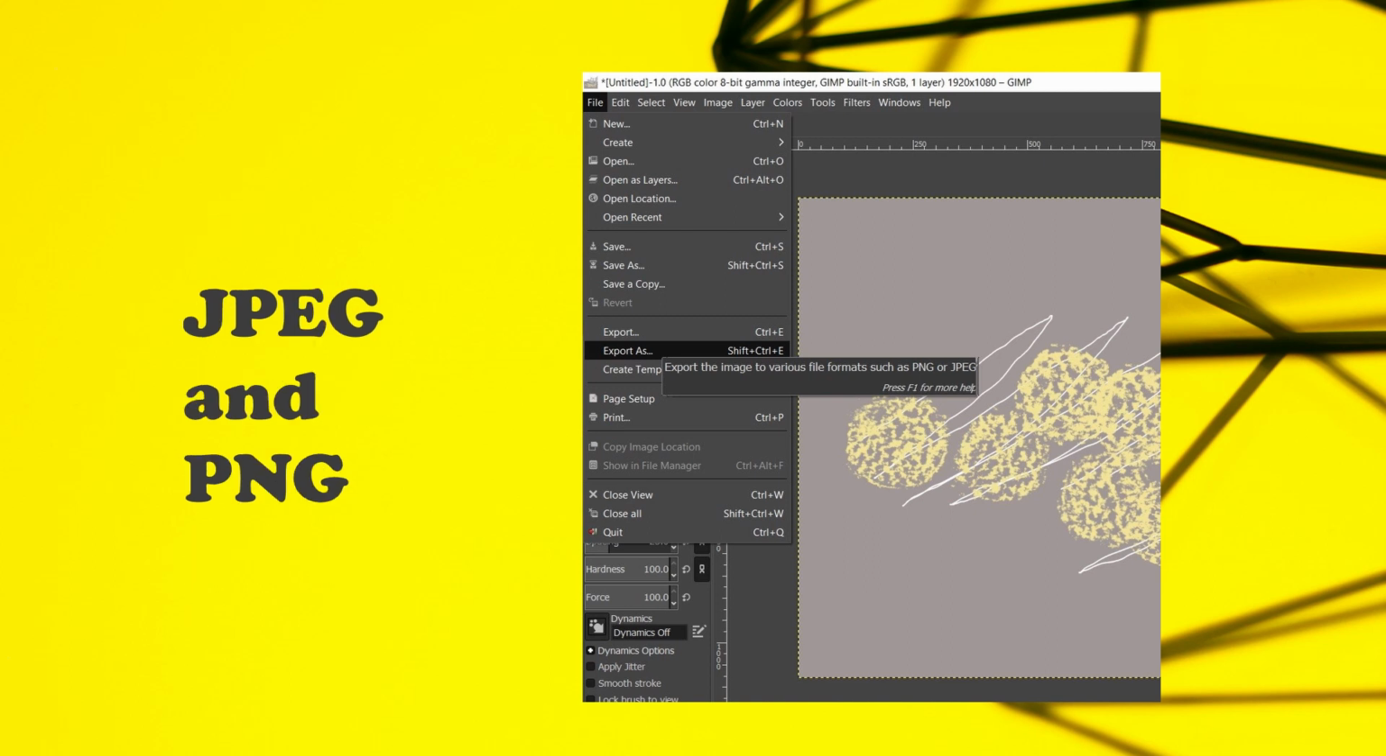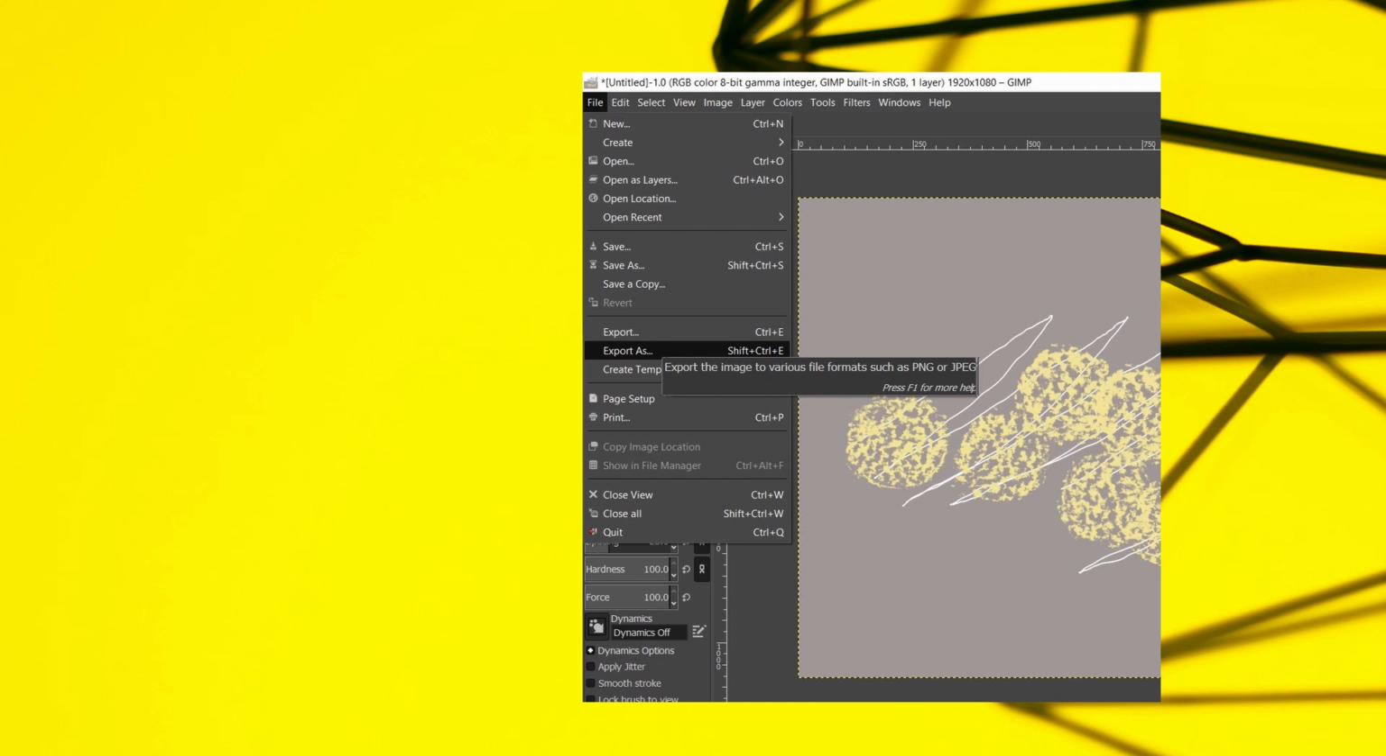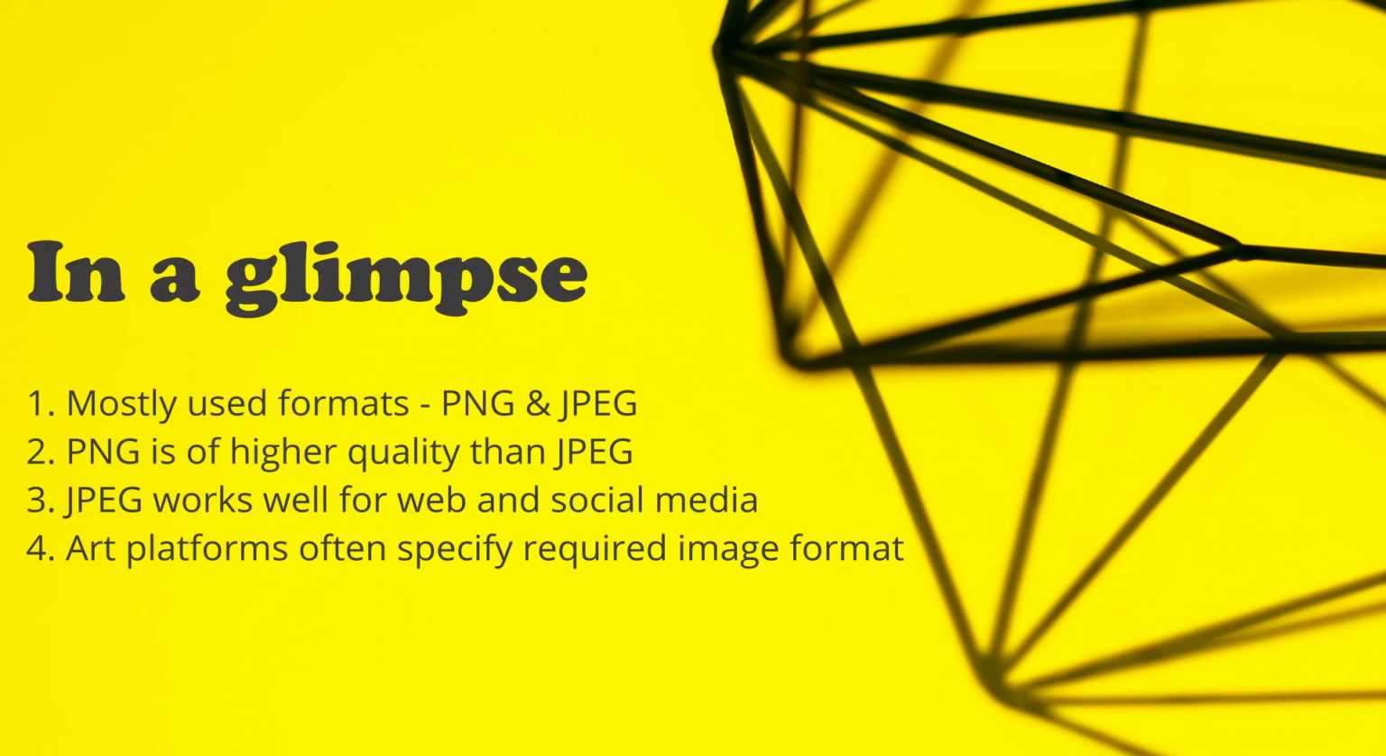Largely you would be working with JPEGs and PNG files. To know about the difference between them and how you can optimally export your files, GIMP also provides you with a complete documentation, the link of which you will also find in the description. In a short and succinct glimpse on this topic, mostly you would be working with PNGs and JPEGs. You can export both these formats from the same project,